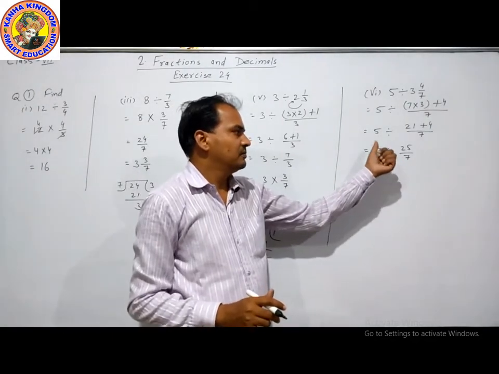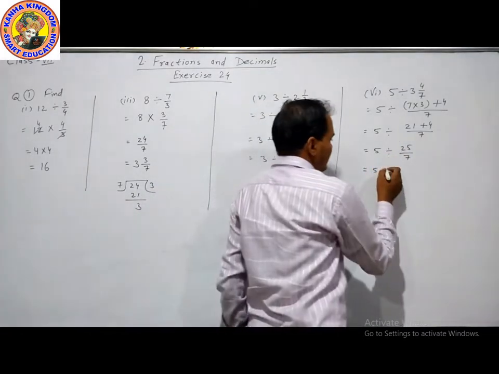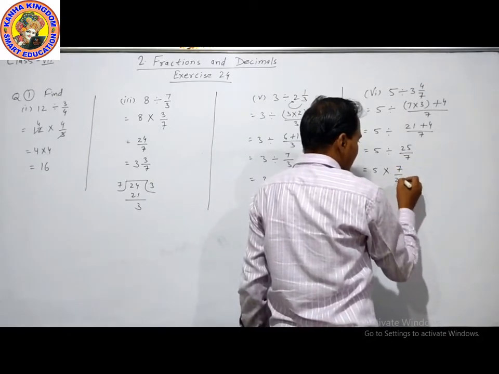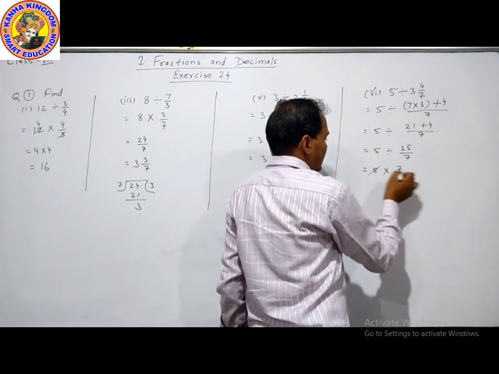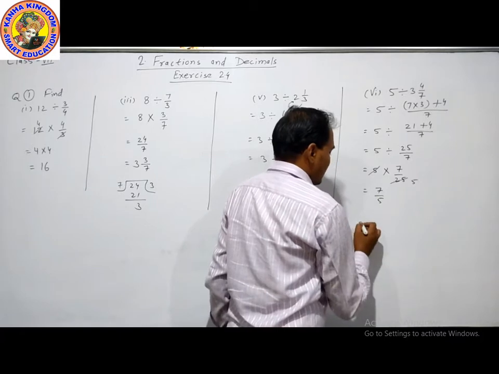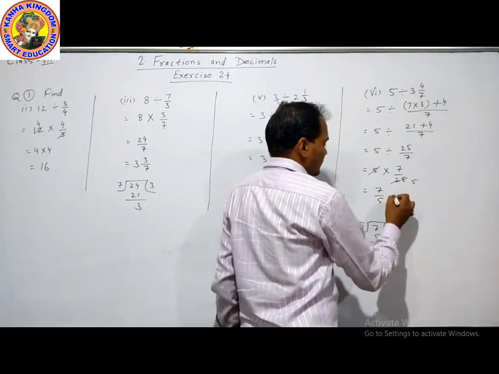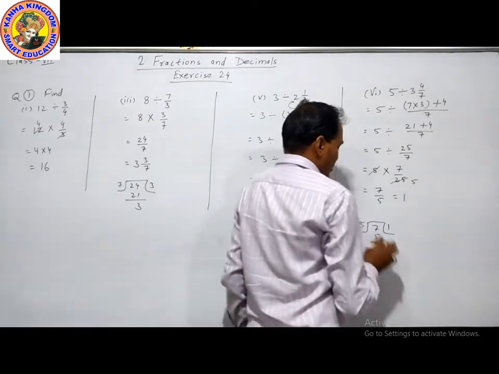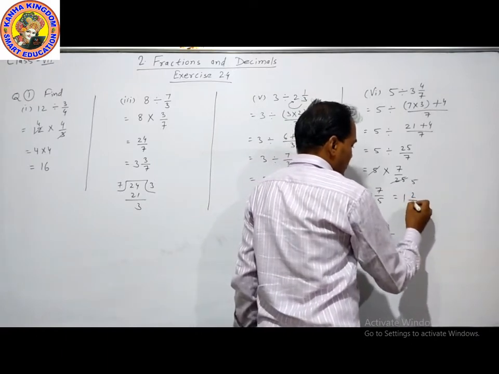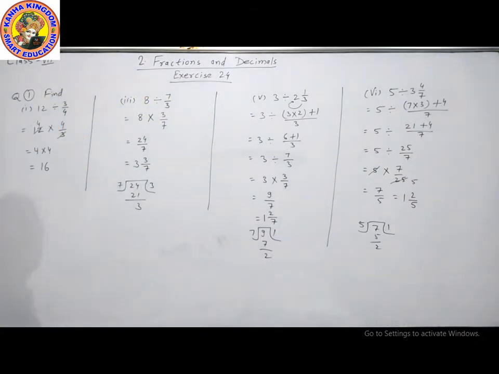Now this is our question. There is a division sign and a fraction, so divide will change into multiply. Then interchange the digits. We can cut 5, 5 times. So the answer is 7 by 5. When we divide 7 by 5, 1 time 5, remainder is 2. So the answer is 1 complete division, remainder is 2, divisor is 5. This is our answer.